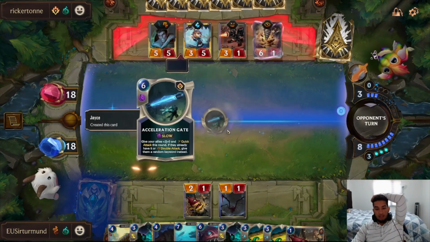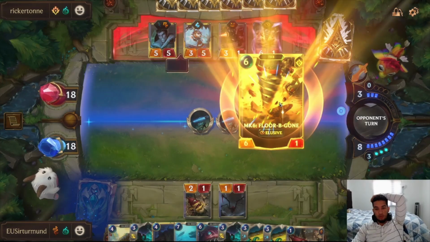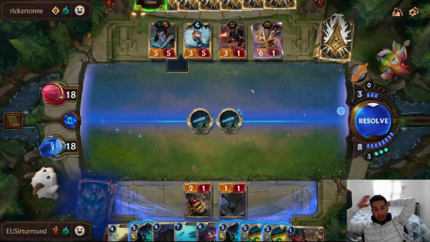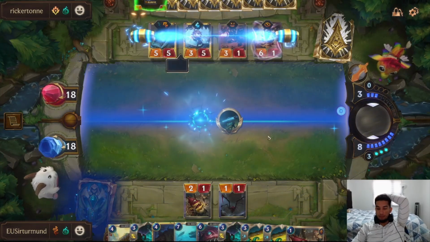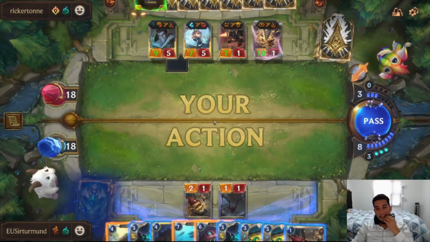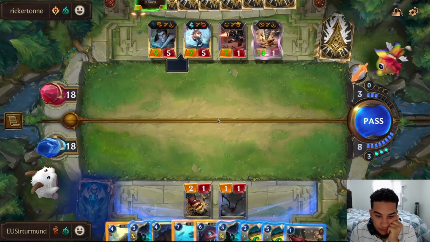Hey, show me that again. I think I'm okay with this, right? Because all we have to do is just Undergrowth, that's 6 mana. I guess if he gets Spell Shield, we get punished. Gate is a go. Undergrowth, that's 6 mana. The problem here is that we probably need to...